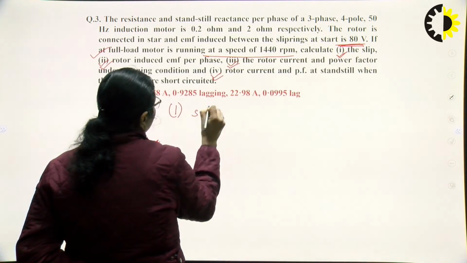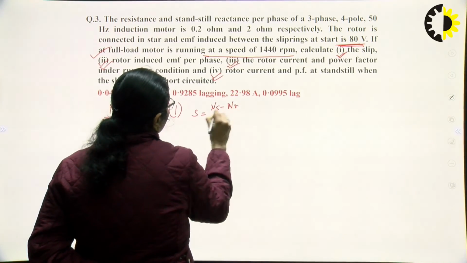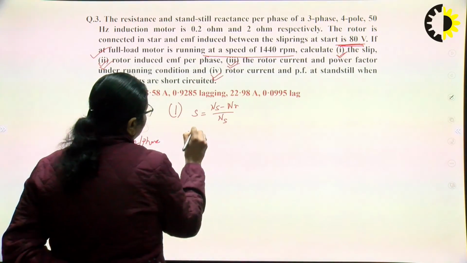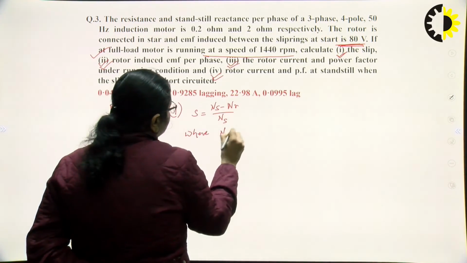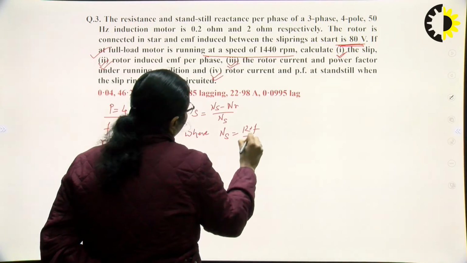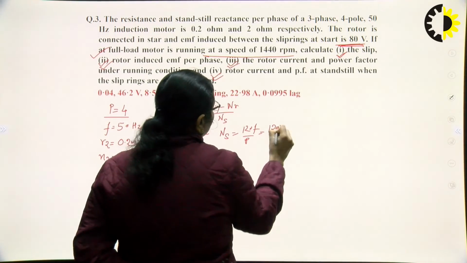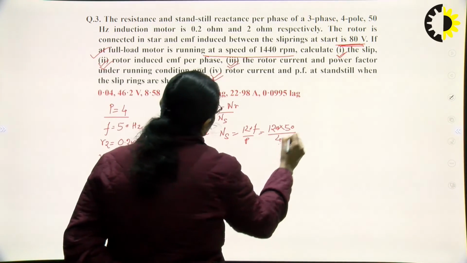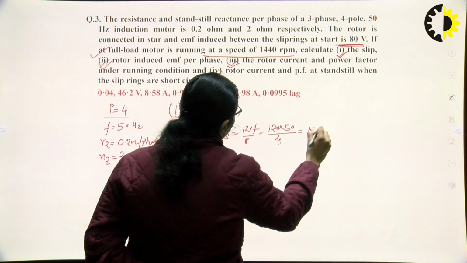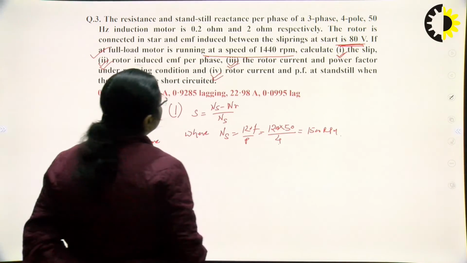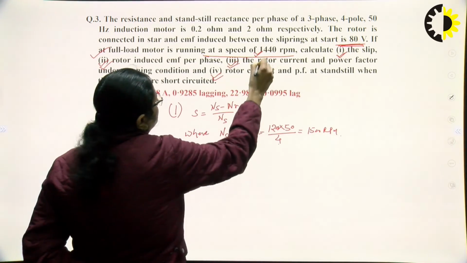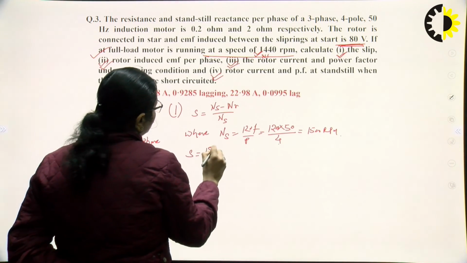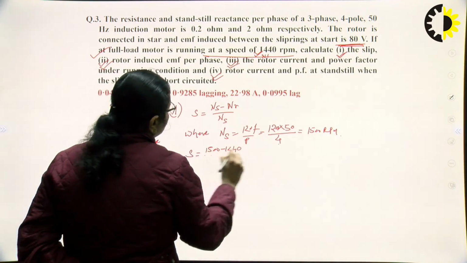We know that operating slip is given as Ns minus Nr upon Ns. Ns is the synchronous speed of the machine, where Ns equals 120 F by P, and we can very well calculate it. 120 into frequency of 50 Hz divided by number of poles of 4, and the speed comes out to be 1500 rpm. The Nr of the machine is given in the question as 1440 rpm. So the operating slip can be calculated as 1500 minus 1440 divided by